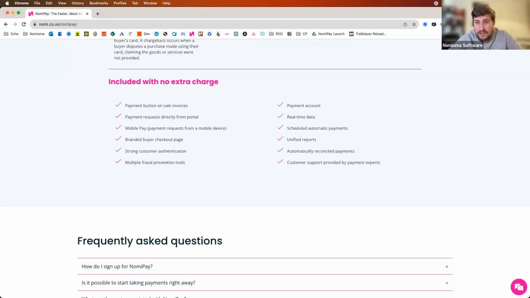Okay. The next question is, is it possible to share the link with the client again in case the initial one expires or the client deleted it by mistake? I'm assuming you're relating to the direct debit link. And in that case, Ilan, are you okay to answer that one? Oh, yeah. So the answer is absolutely yes. Within that pay portal that we showed, the NomiPay portal,